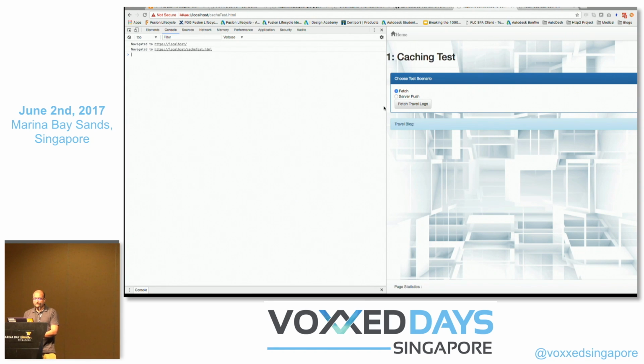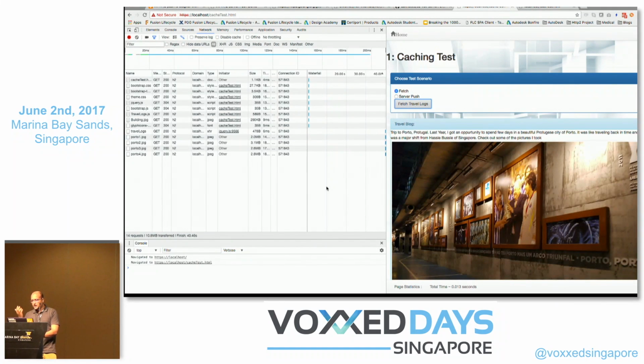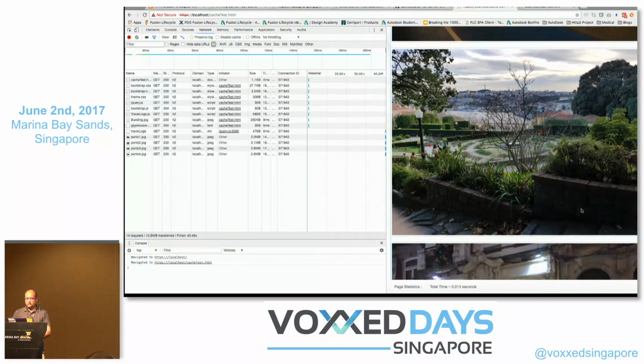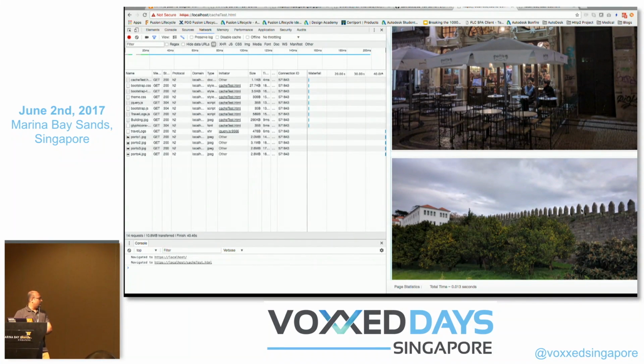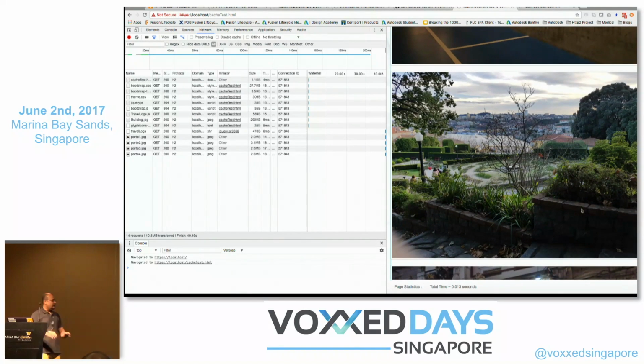So if I fetch it normally, then, so this is from my recent trip to Portugal. Great city, Portugal. Okay. So you can see that these are the images. So I am actually loading the images.